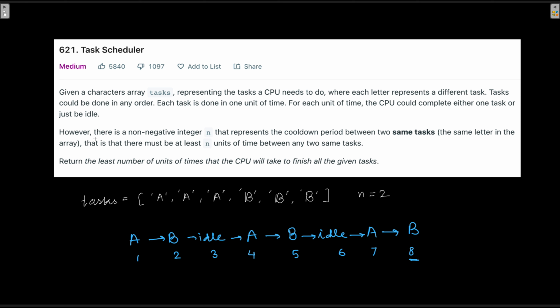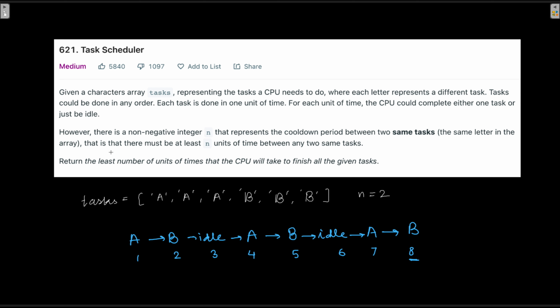But there is a catch. There is a non-negative integer n. We are provided with this integer n that represents the cooldown period between two same tasks, which means if a task has to be executed after the same task, then there has to be a cooldown period of at least 2 for the same letter in the array.